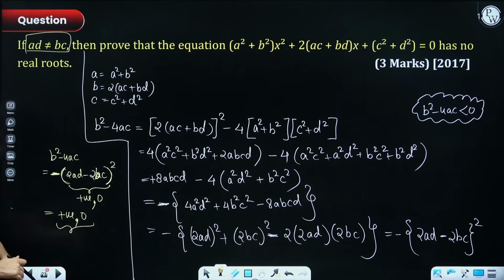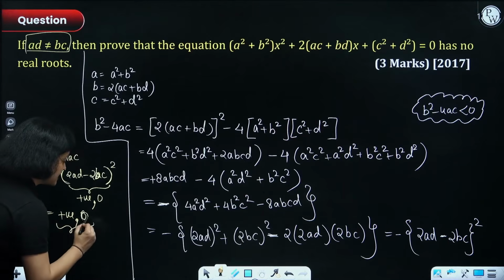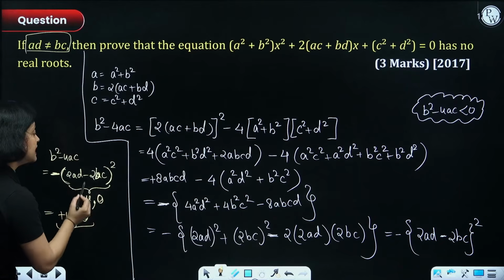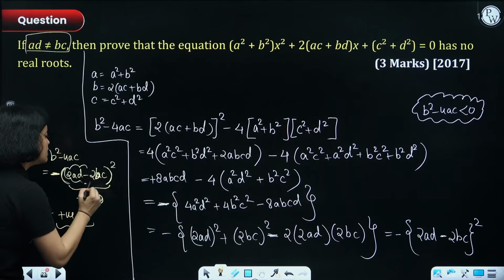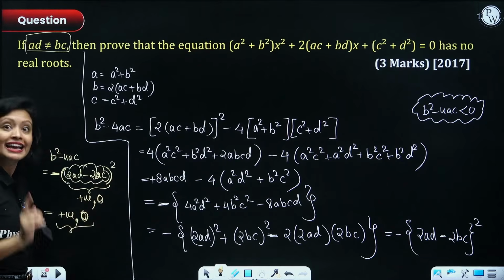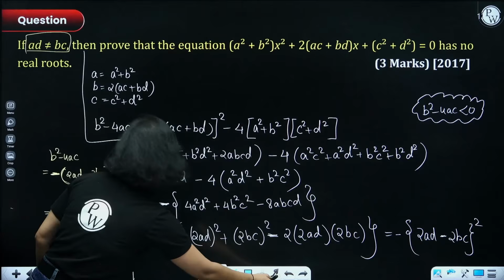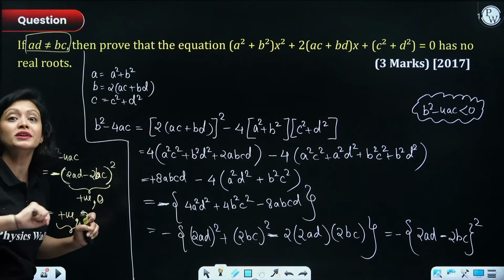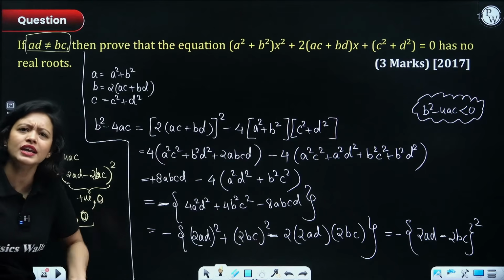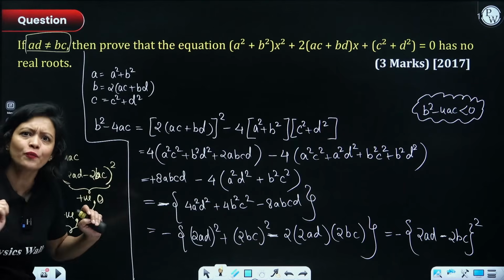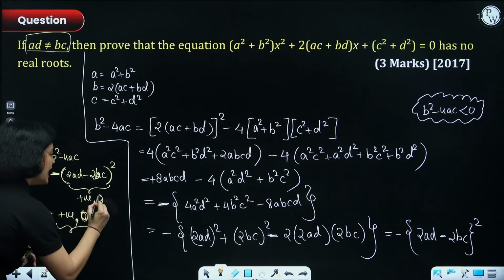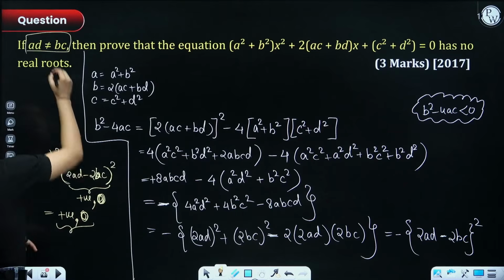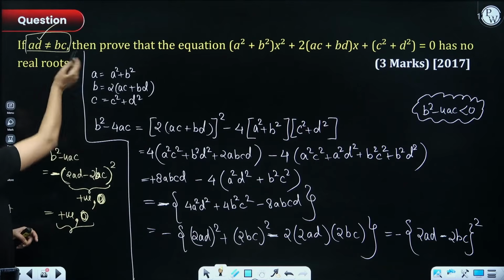So this entire thing can either be negative or it could be equal to 0. There are two scenarios. Now let's discuss the 0 scenario. When will this entire thing become 0? This entire thing becomes 0 when the inside term becomes 0. If twice of AD minus twice of BC is equal to 0, then only this will be 0. Otherwise the square won't be 0. The square of 0 only is 0, na? No other number's square is 0. Now, you have to eliminate this 0 scenario, so this cannot be 0. And how can we do that? By using this, everyone. We know that AD is not equal to BC.